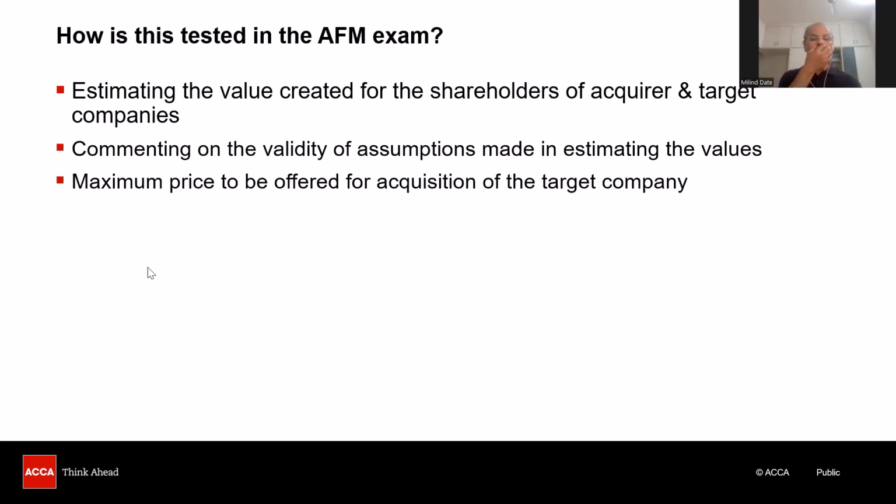A question could ask you, what is the maximum price that you can offer for acquisition of a target company? As I explained earlier, this could be equivalent of value created for the equity holders of the acquiring company. And that's the maximum that you can provide. Anything over and above that would mean the acquisition is completely unsuccessful so far as the acquiring company shareholders are